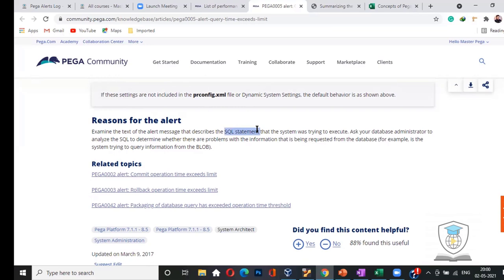It is possible that you are using a query in which the property is not exposed, right? You are using it directly from the blob. You understand what exposing of a property is, right? So this can be one of the reasons.